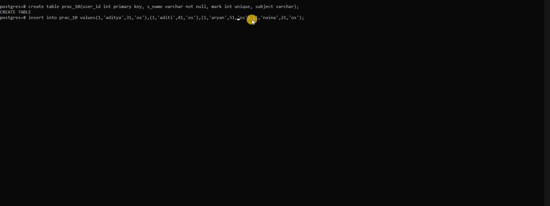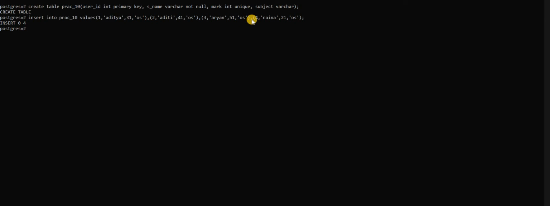We cannot put the same user ID, so I make it 2, this is 3, and this is 4. Now press enter. You can see you have 4 rows. We have successfully inserted the values in our table.